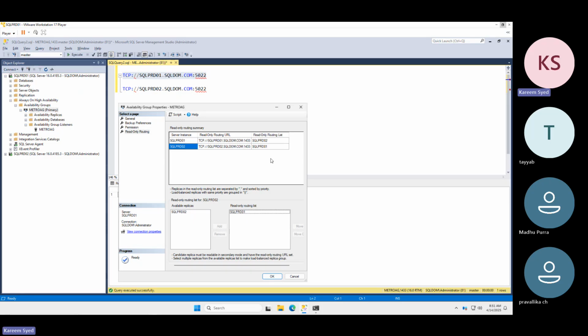For example, 01 is again, if you go back here, 02 is the read-only replica, right? Suppose 02 is not available, it should read from where? It should read from 01 itself, right? Means both reading and writing should target this server only. That's why we can add this one also as a second replica,